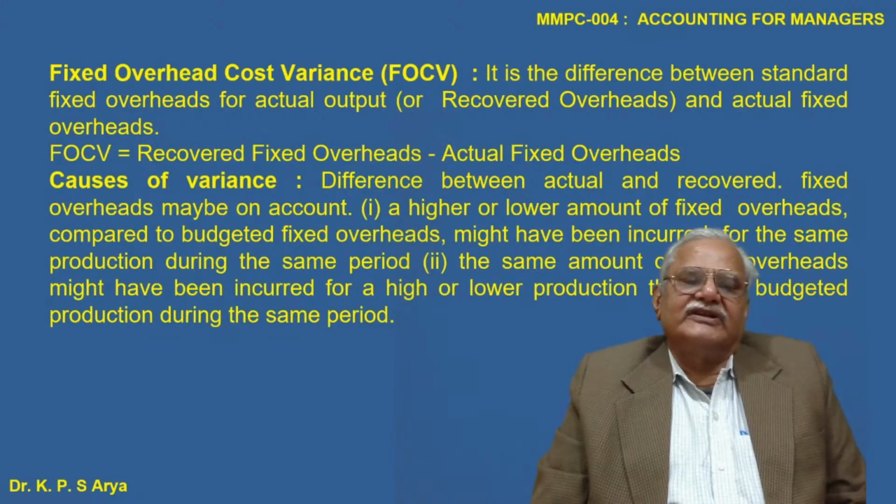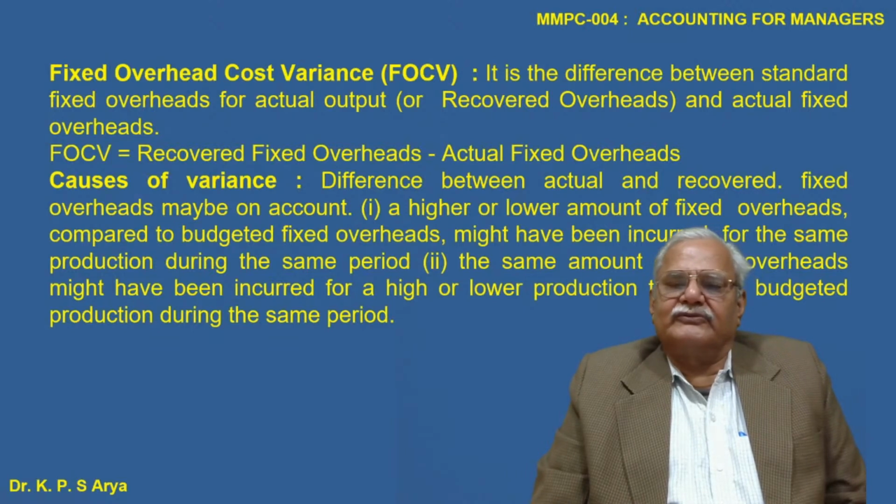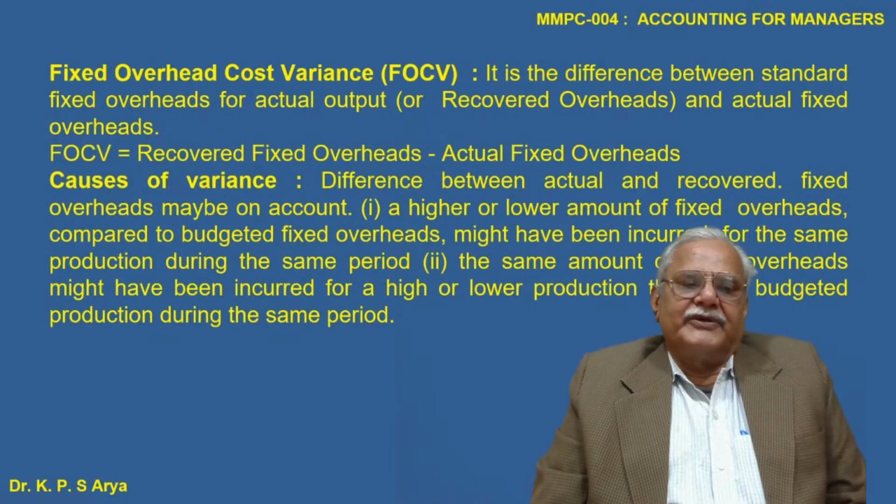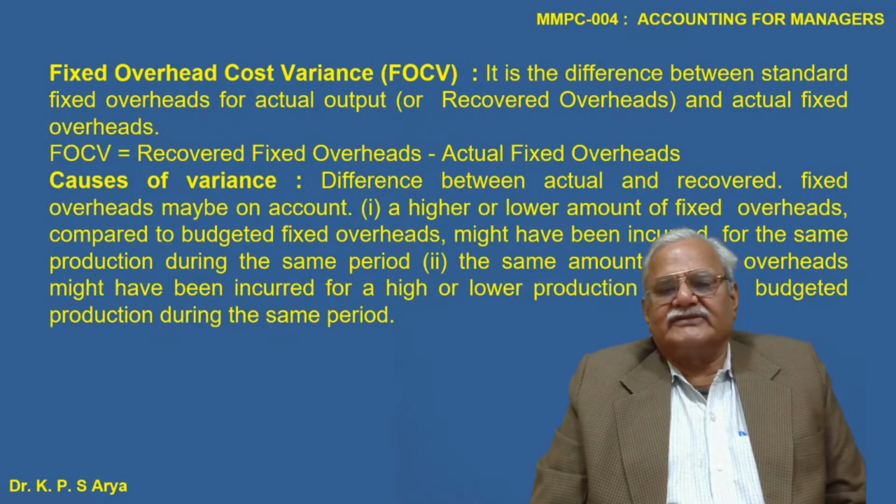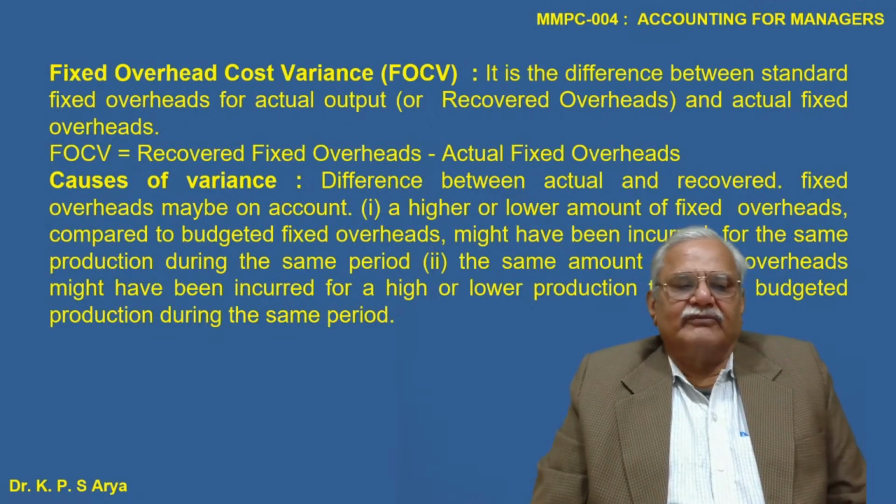FOCV is equal to recovered fixed overhead minus actual fixed overhead. Causes of variance: the difference between actual and recovered fixed overhead may be on account of a higher or lower amount of fixed overheads compared to budgeted fixed overheads incurred for the same production during the same period. The same amount of fixed overhead might have been incurred for a higher or lower production than the budgeted production